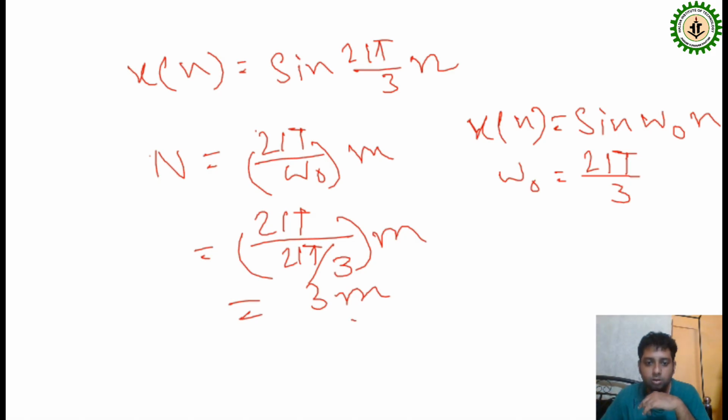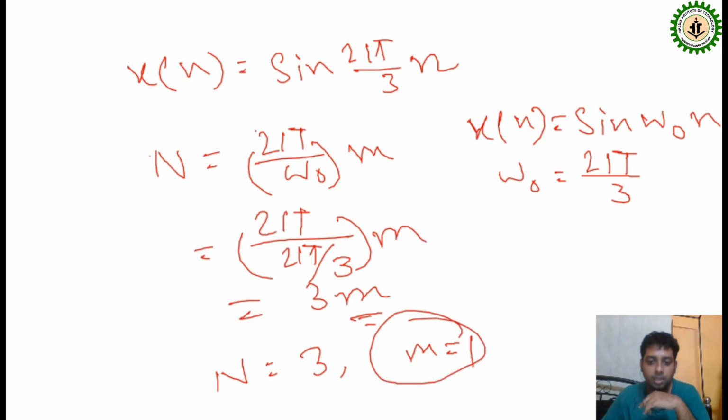Now the minimum value of m for which n becomes an integer is when m is equal to 1, then n becomes 3. Okay, so the minimum value of m is equal to 1. For that, n becomes an integer, that is n is equal to 3. That means the signal is periodic with a fundamental period capital N is equal to 3. Okay, now we'll solve another numerical,